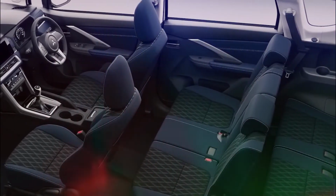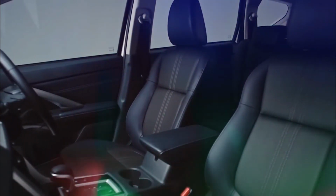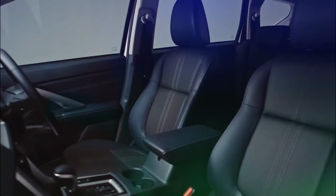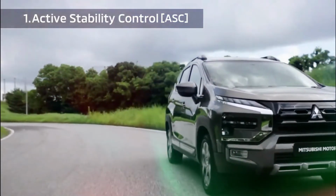However, by the time you are folding them to get more cargo space, you will have fitted a lot of cargo back there. There is enough cargo room to go around, even with the second row seats upright. And don't let the car's high ground clearance worry you, because it is still easy to load stuff in the back. The previous model of the Xpander Cross is quite smooth when it comes to riding and handling, and this